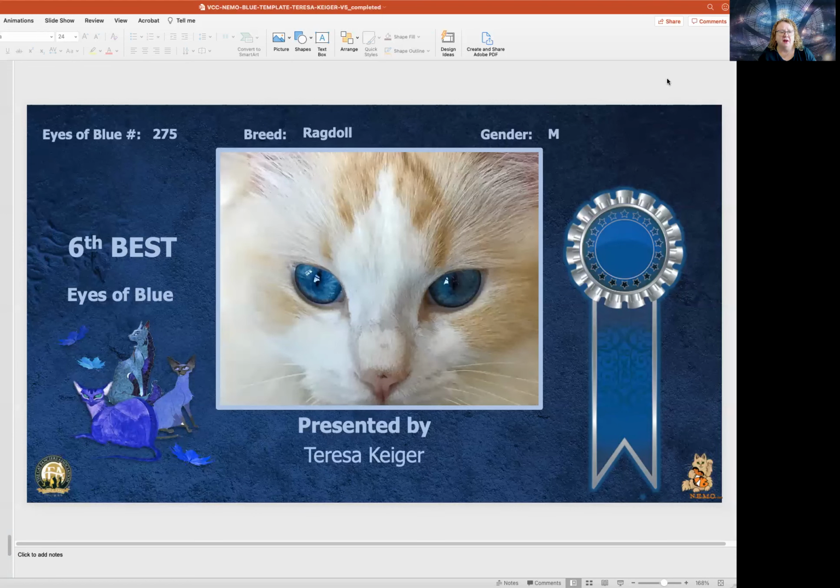Flame pointed bicolor. Again, those blue ragdoll eyes just draw you in. What I like with this cat is both the expression of the cat and the abstract composition, because it really does, that close in, and that is the full photo, you really see the eyes, that's the focal point, and everything else just centers around it